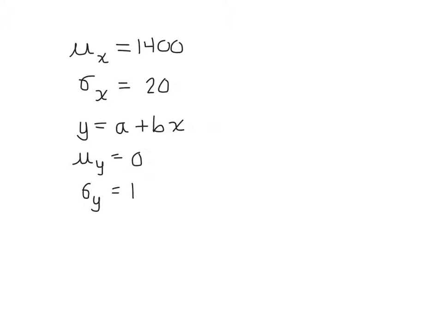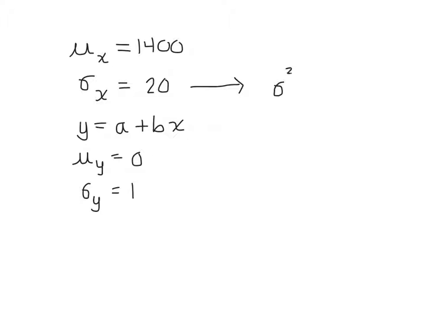So this is number 11 on your practice test 7C, where you're basically asked to determine the value of A and B. And I started with the value of B because I know that A doesn't affect variance or standard deviation, but B does. So I went to the information that was given to me about the standard deviation of X, and one of our rules for variances says that the